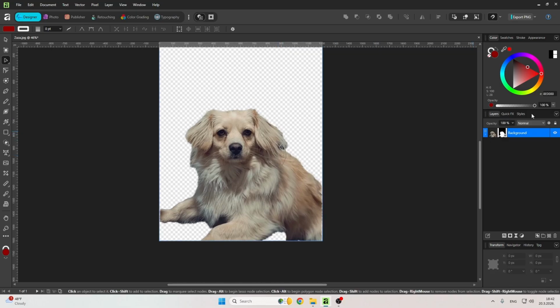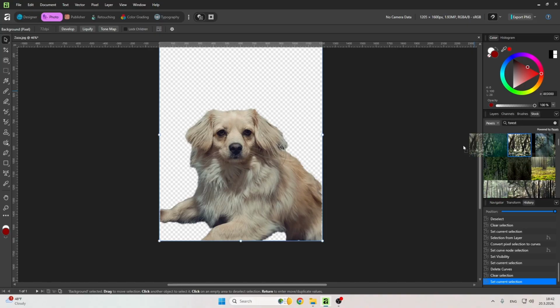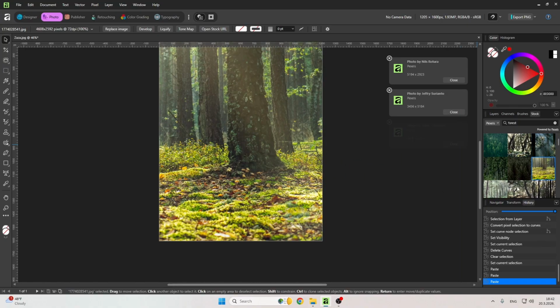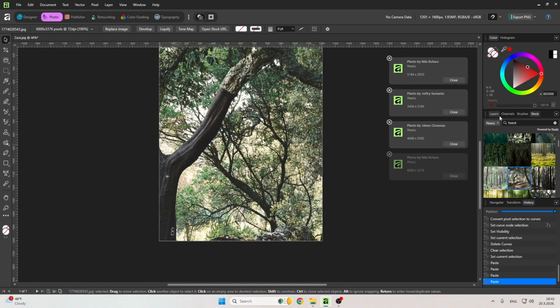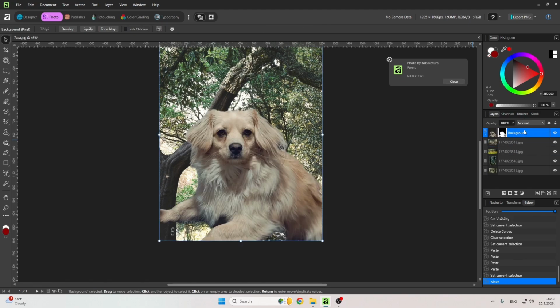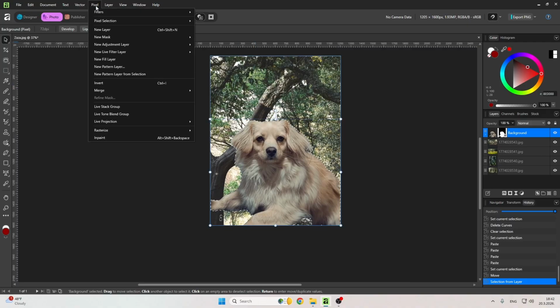And yeah, the last one. I need to put some pictures. Let's, for example, take forest. Yeah, let's take this bright one, this darker one, this one, and this one, for example. Okay, now put our object at the top, and now with this object selected, go to pixel, and there is